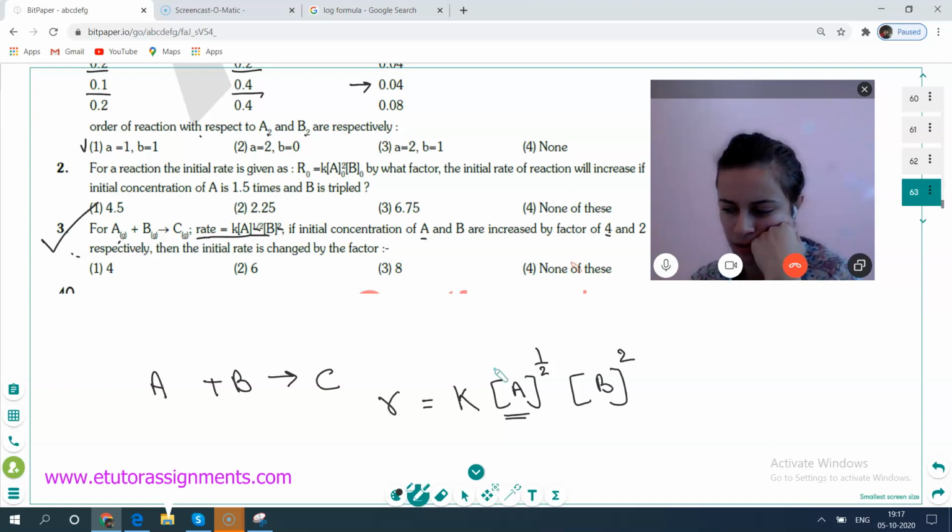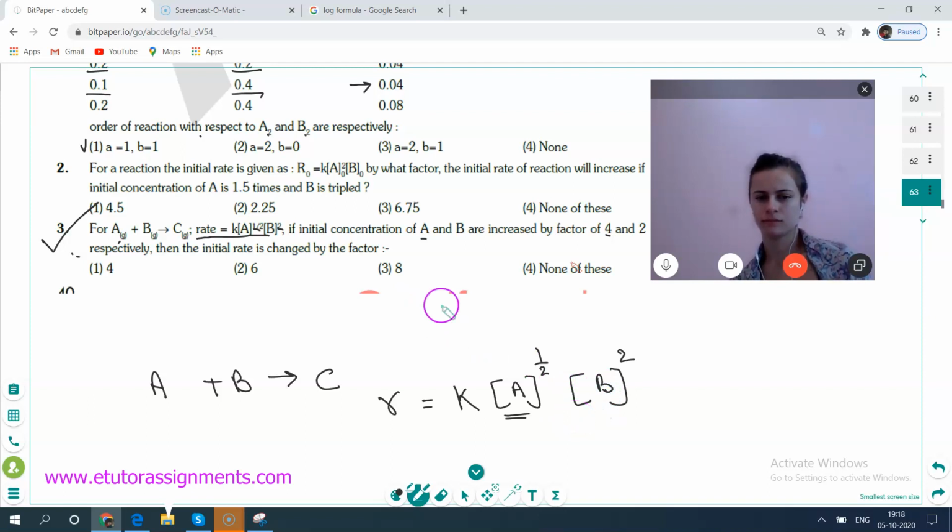Rate is the rate of the reaction. No, it's not constant. The rate of the reaction depends on the concentration. Concentration is changing now with time, so rate is variable. We are finding it at a particular time. Is it clear? So please tell me, what is the A? A is the concentration at any point of time. At the same time, concentration of B is B. Is it clear? At the same time.